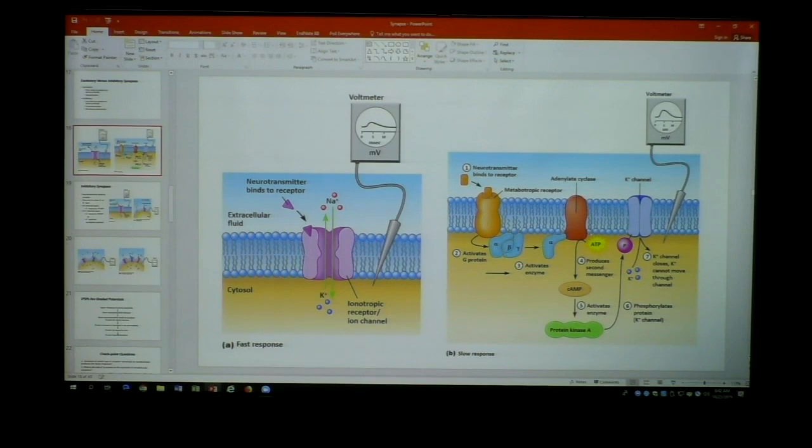It's either going to turn on another channel that could hyperpolarize or depolarize, or it can activate proteins, it can go to the nucleus, it can release calcium, a whole host of different things that will eventually bring about this cellular response, okay? So it's much slower, requires many more players in the middle, but it's a much more amplified